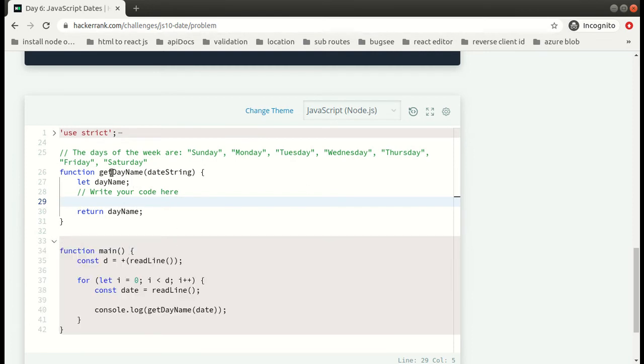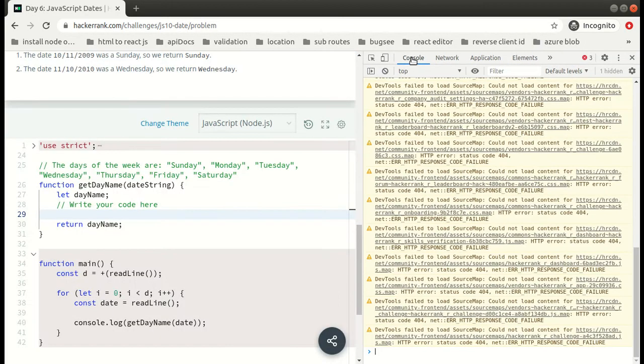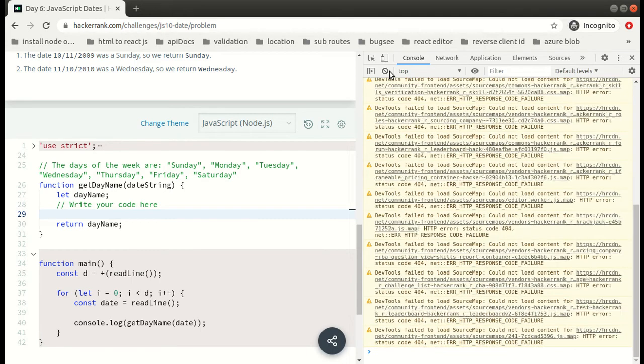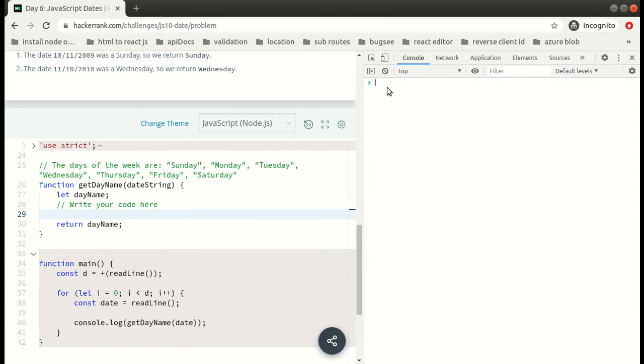So we have this getDayName. Let me show you this in the console. Over here, what we can do is use new Date, and we can pass the string. What is the date today?